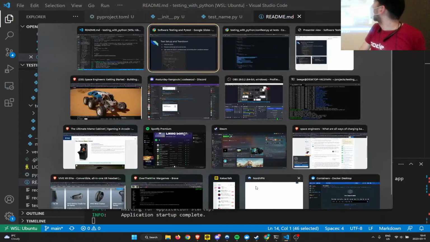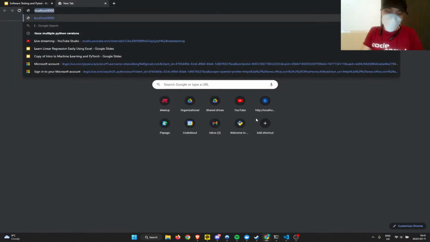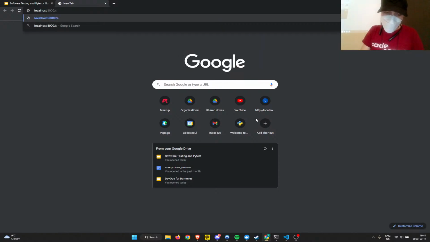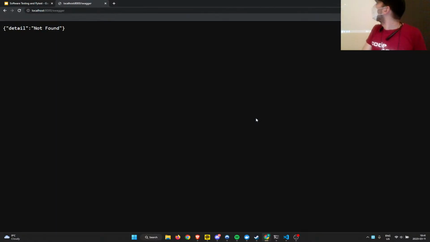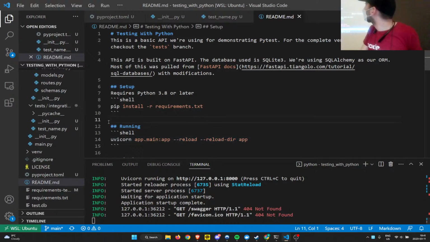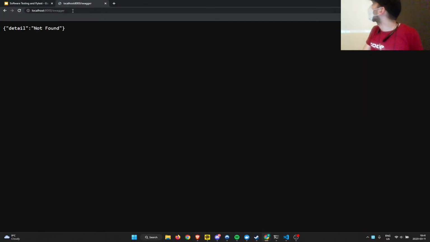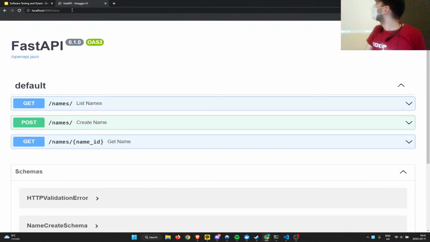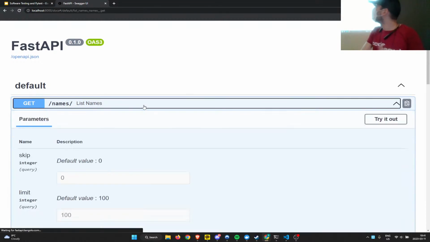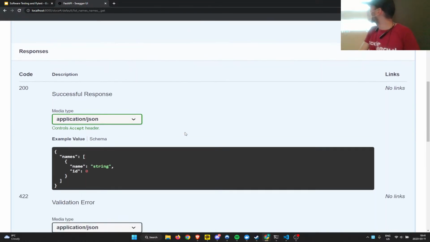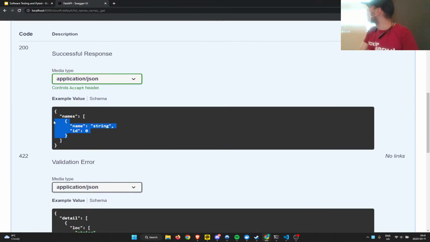So this is Fast API. It is fancy. Oh, yeah, Swagger, right? Yes. I forgot about that until just now as well. What's the default? I don't remember the default. Docs, it's docs. I remember. There we go. Okay. Nice. Oh, much better. So, names outputs like this format, okay? So, hence the name and ID, okay?